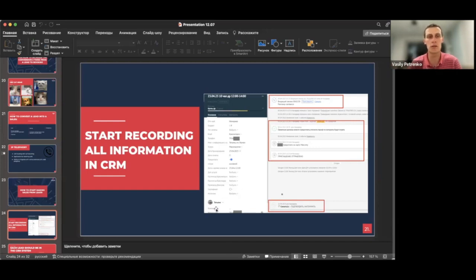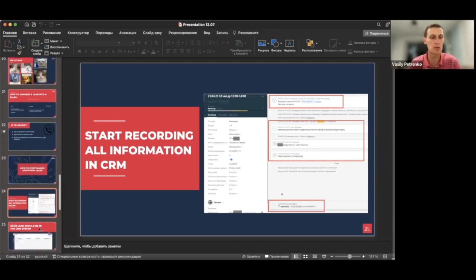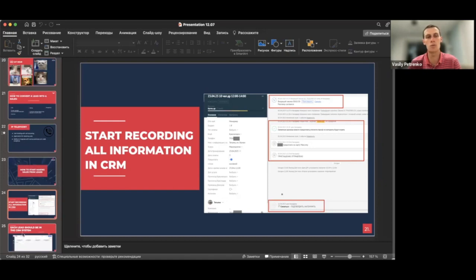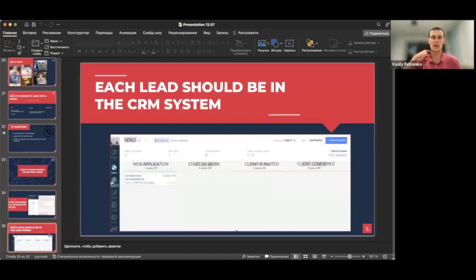And basically, how to work with the CRM system: as I said, you need to integrate it with the website, because in this case, for example, all of the guys who are booking a session will get into the CRM system automatically. If you have IP telephony, all the guys who were calling your number will get into the CRM system automatically again.